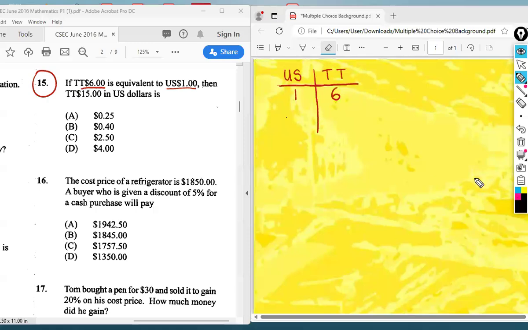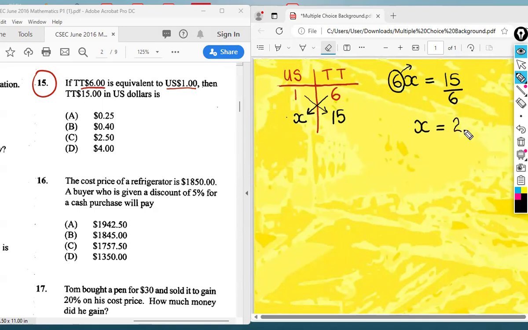And then they gave us 15 TT dollars. So how much US dollars is that worth? It's just a cross multiplication question. 6 multiplied by X is 6X. 1 by 15 is 15. The 6's are multiplied. Throw it across. It becomes a divide. So 15 divided by 6